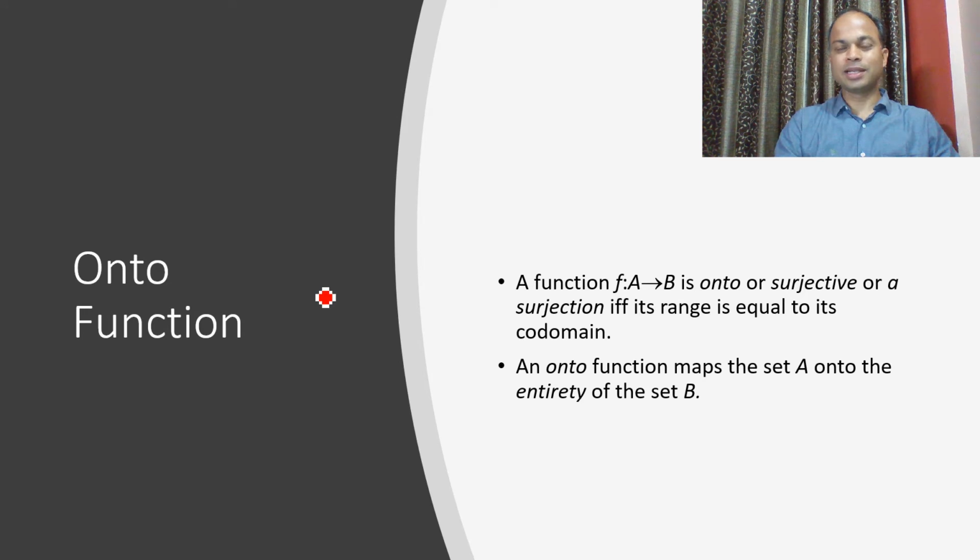If we talk about another mapping, then this mapping is called onto mapping, onto function. Onto function is also called surjective function. And here, if we talk about this, then all the elements of set B are used for the mapping purpose. I mean, no element is left in set B, because here we have set A and set B and our function maps from A to B. No element of set B is left. All the elements of set B are covered. Then this particular concept is called onto function.